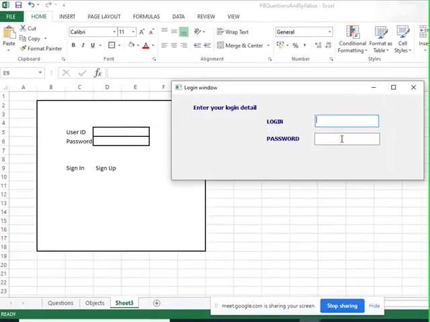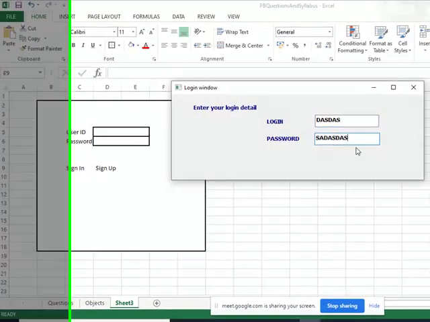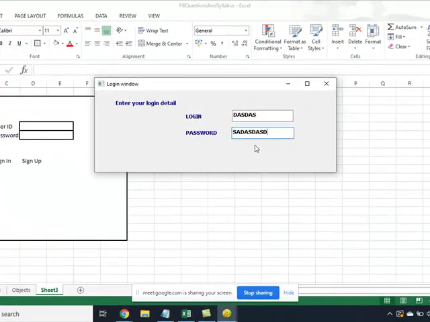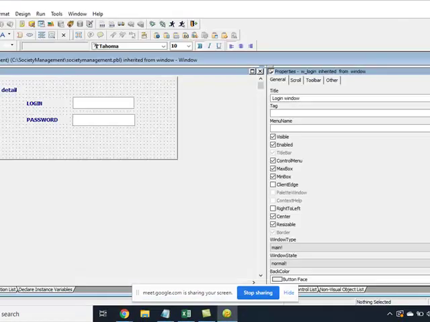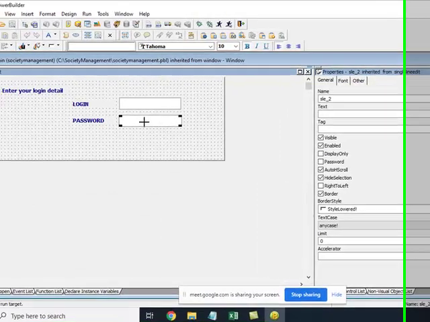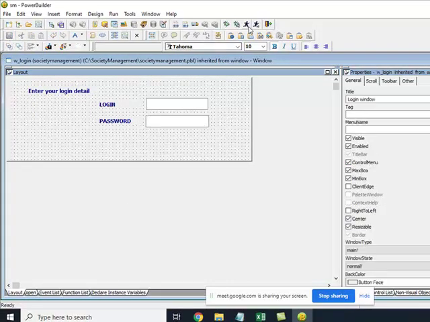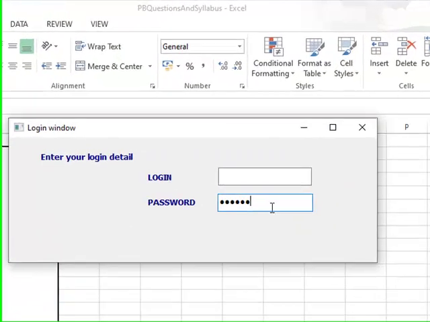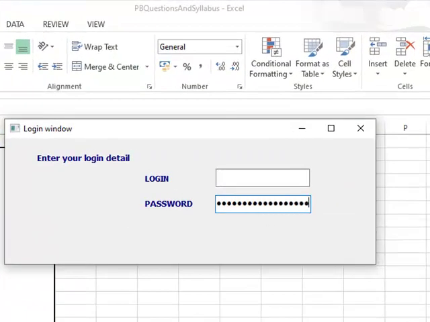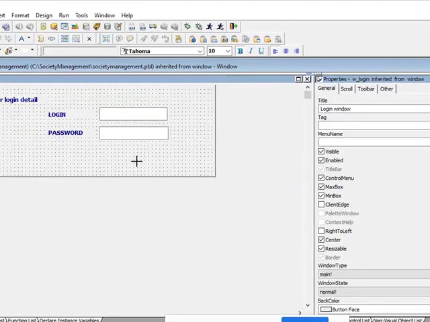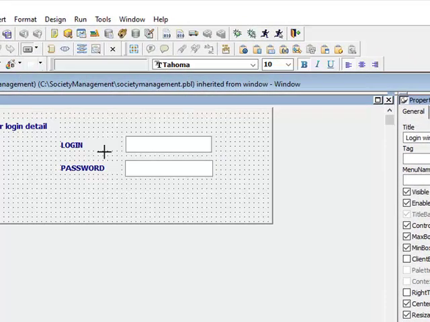See, this is your login window. Type here, right? आपने देखा होगा that when you type something in password, it comes with star star star, right? So we can also change the property of this particular SLE. Let me make it like password, right? Done. So if you will run now, if you will type something, it will come like that. Yeah, perfect.